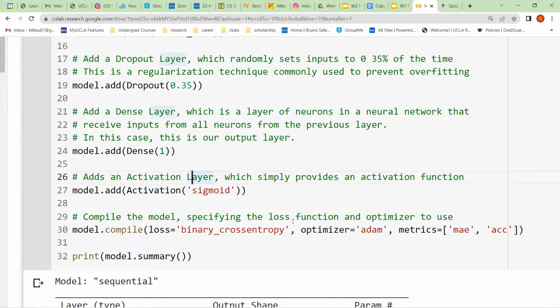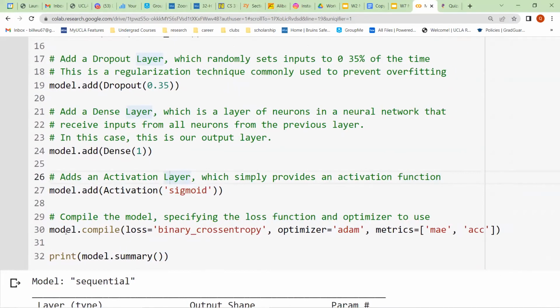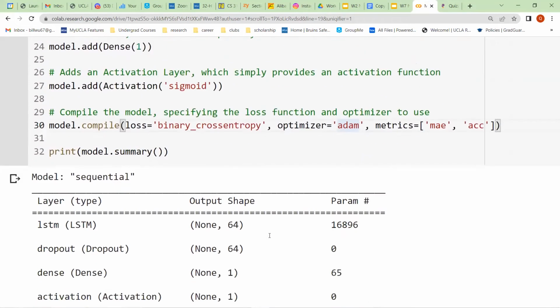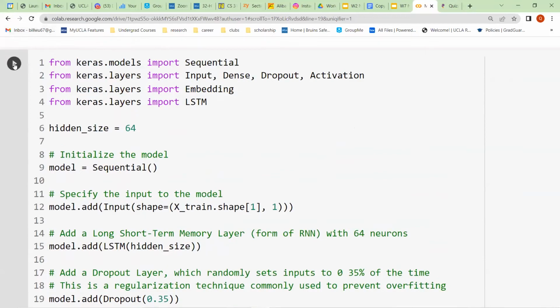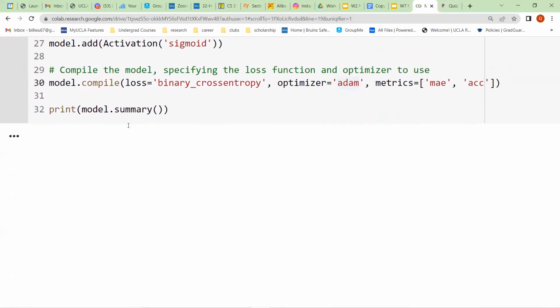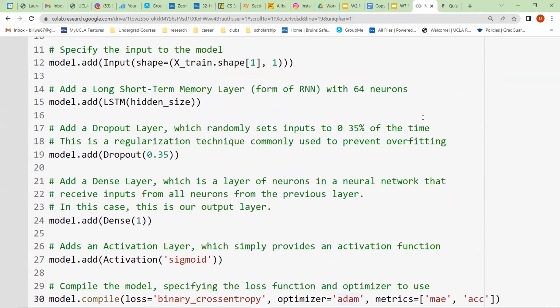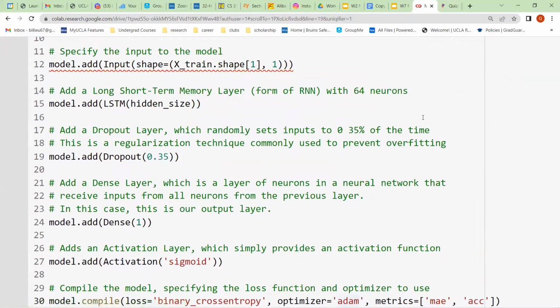The next thing we're going to do is compile our model. We specify the loss function that we're going to use to calculate our cost and how we're going to optimize our parameters through each iteration of the model. And we'll just run this and compile it. So that's how you build a model. But obviously, just because we've built a model doesn't mean we've actually done anything yet.